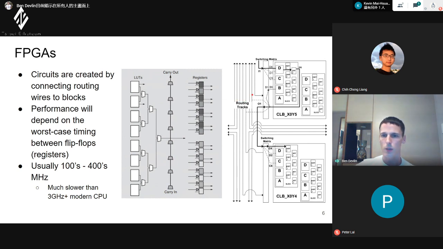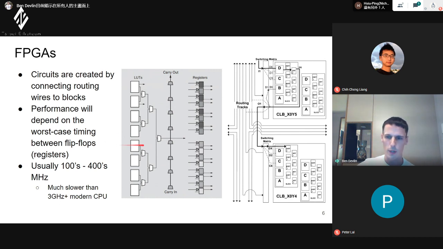And when we implement the circuit, here's an example. We have a signal coming into our logic block, going into a flip-flop. Then it comes out and goes through some programmable switching matrices, which is what we've programmed, and comes back to a flip-flop. The performance we'll get on an FPGA is determined by how fast the signal is, and depending on our worst-case signal, the whole FPGA is limited in the clock speed we can run at.